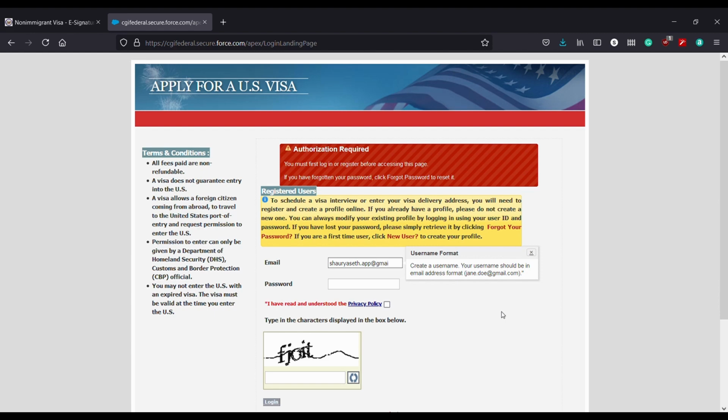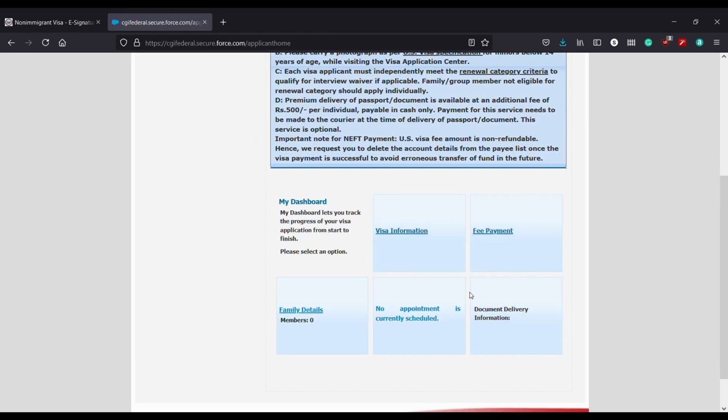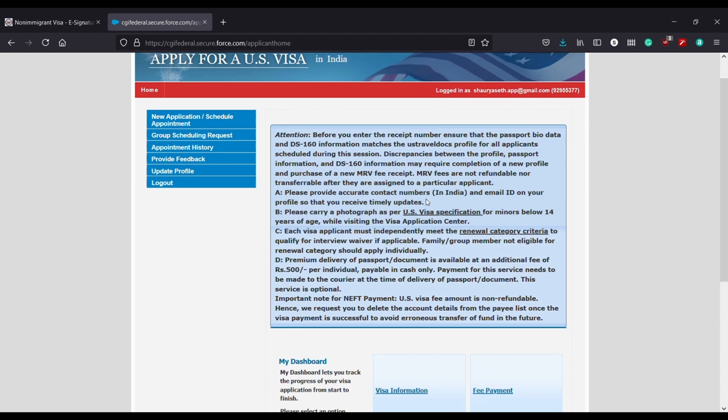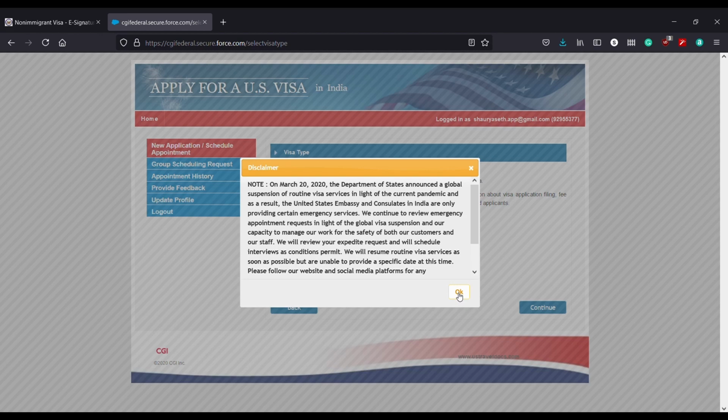Now I'll basically show you how to create your profile on the CGI Federal website, which is the website we use for booking our visa interview and OFC dates. So the initial interface looks like this, and here they ask you to put your email and password. Yes, so basically मेरा यहाँ पे प्रोफाइल में कुछ नहीं है because I have already given my visa interview on 28th and that date has passed, 28th of June. So nothing will show here. I'll go to booking the visa interview now.